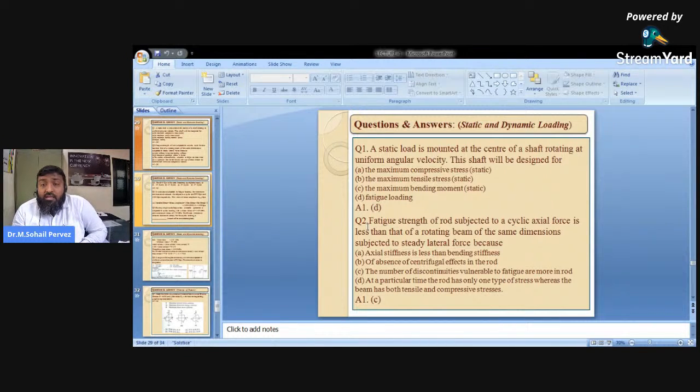So again, question number 1, continuing with yesterday's topic. Question number 1: a static load is mounted at the center of a shaft rotating at uniform angular velocity. This shaft will be designed